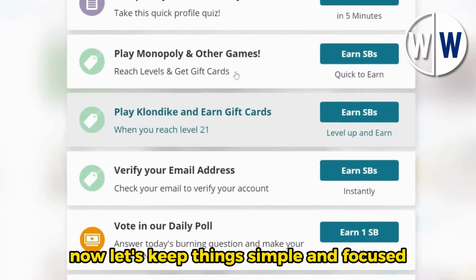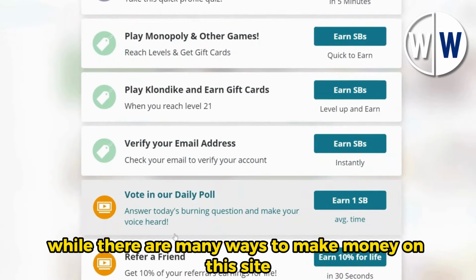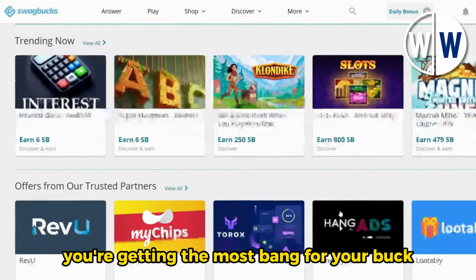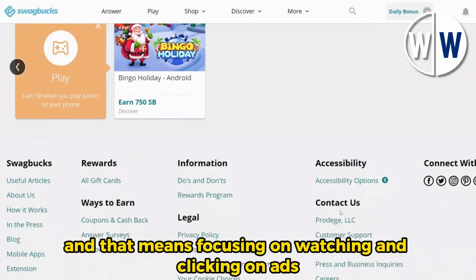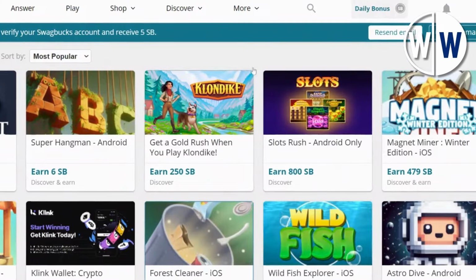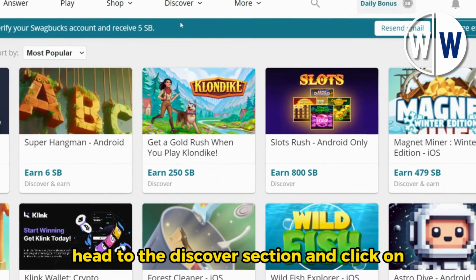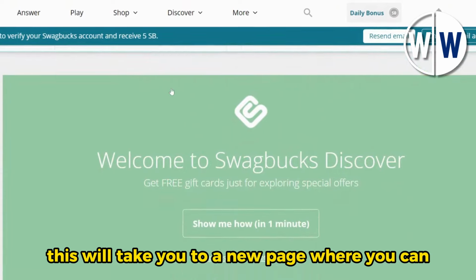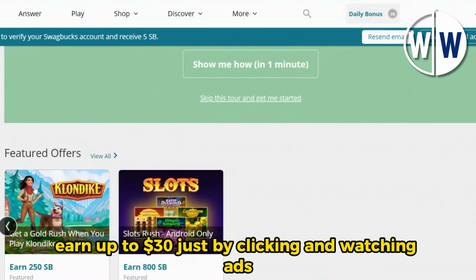Now, let's keep things simple and focused. While there are many ways to make money on this site, I want to make sure you're getting the most bang for your buck. And that means focusing on watching and clicking on ads. Here's the plan. Head to the Discover section and click on Click and Earn. This will take you to a new page where you can earn up to $30 just by clicking and watching